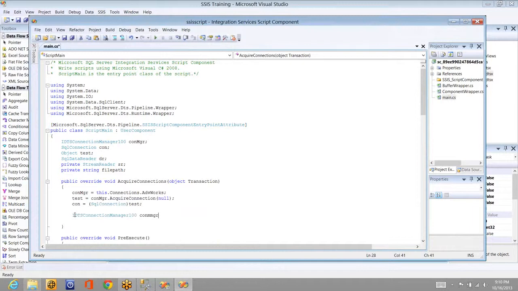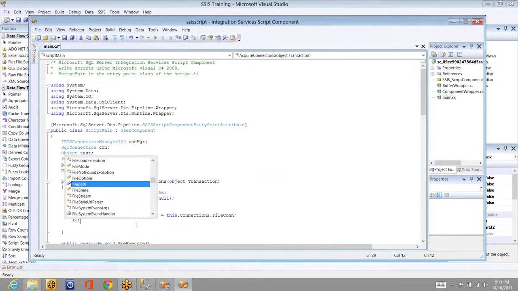CONNMGR, an extra name I have given. I can use the same, because this use is over after this. So I can reuse the same, but I'm taking a new one. Is equal to dot connections dot file connection. Okay. Now what is the string?